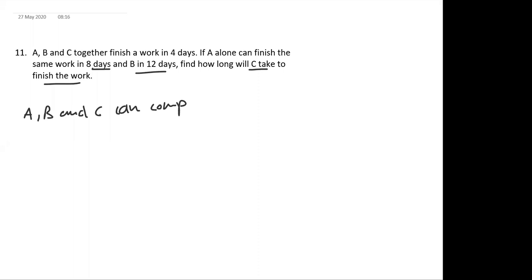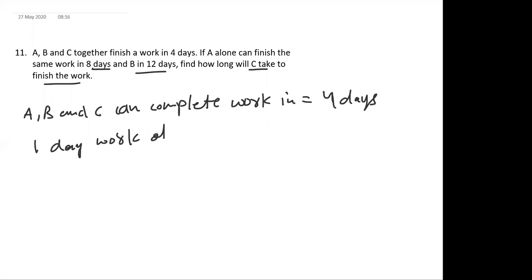I have told you your homework. Now A, B and C can complete the work in 4 days. Okay, so 1 day work of A, B and C is 1 upon 4. This is the hint that I'm giving to you. You just do this question and send me the solution. Okay, then find the 1 day work of A, then 1